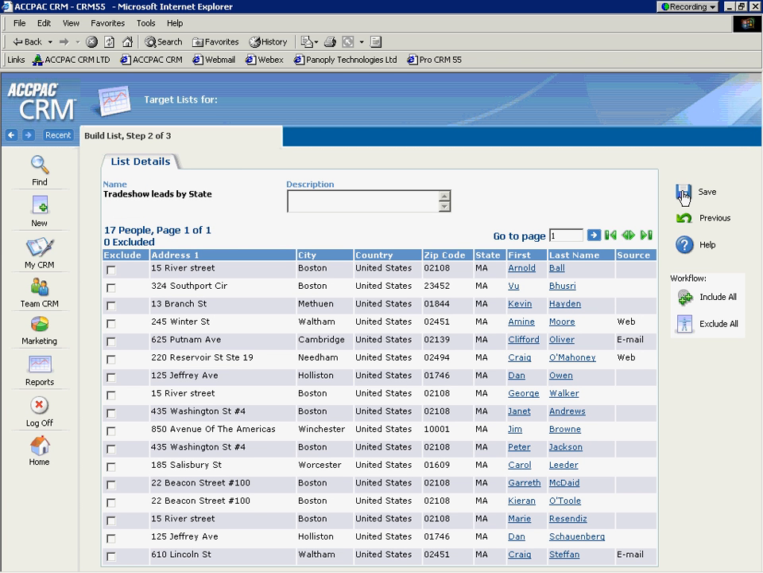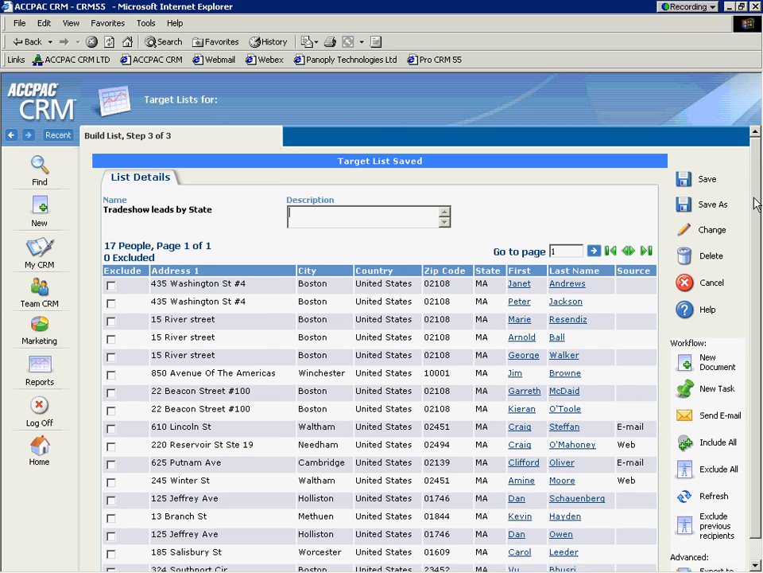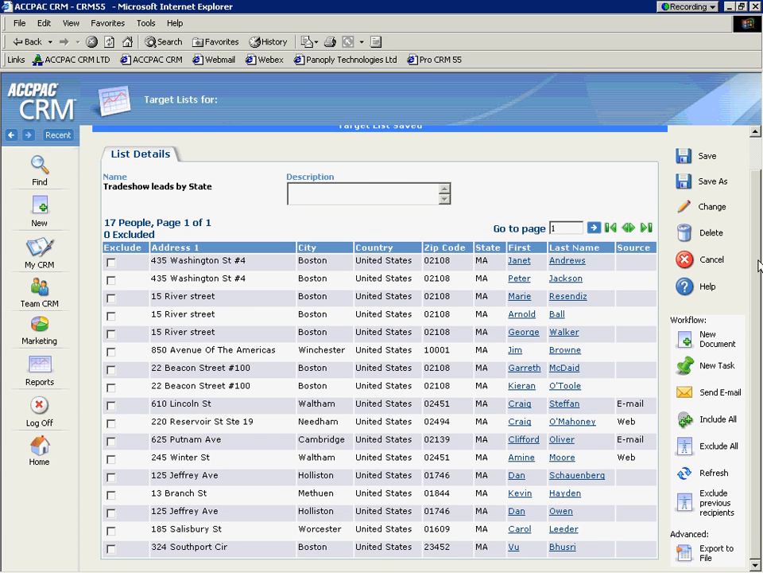So again, you can understand how finite you can get this information. And there you go. There's a list of those people that fall into that search criteria. Very fast, very easy. And now that list is saved for us to reuse over and over again. Let's take it one step further. Look down in the lower right-hand corner. What can I do